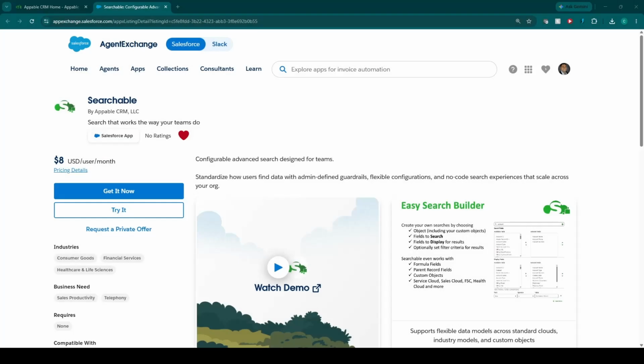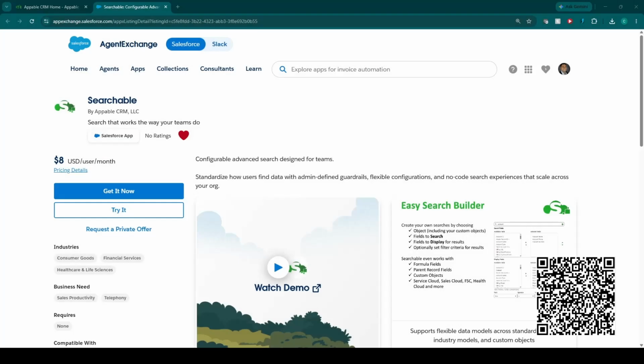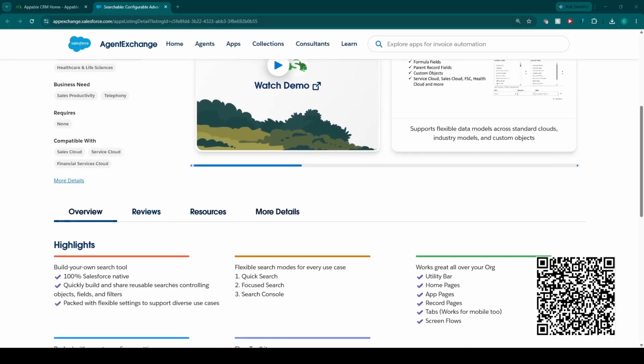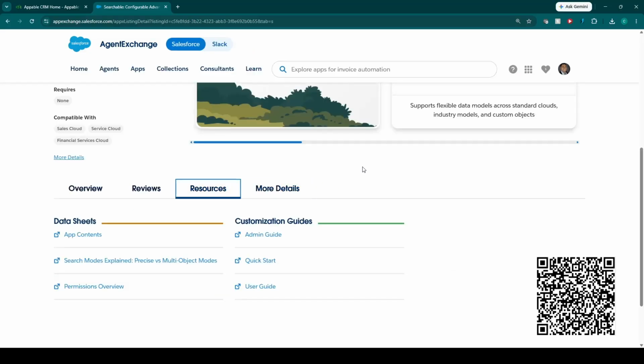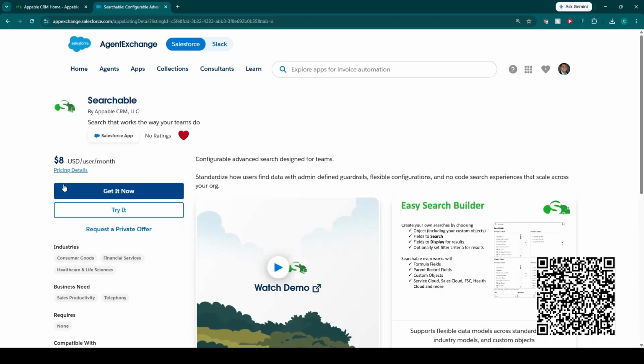Okay, so let's go ahead and install Searchable into our org. I'm starting out on the Searchable listing. From here, if you scroll down a bit and go to the Resources tab, we have a couple of helpful guides. The admin guide is kind of our full version. Quick Start is also meant for admins, but it's just if you're looking to get started quickly, that's a good